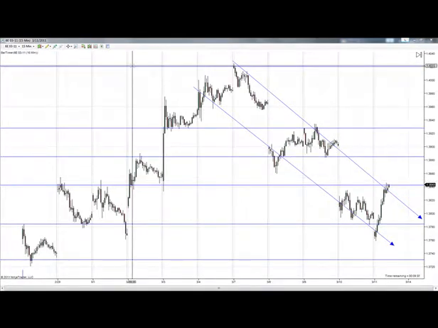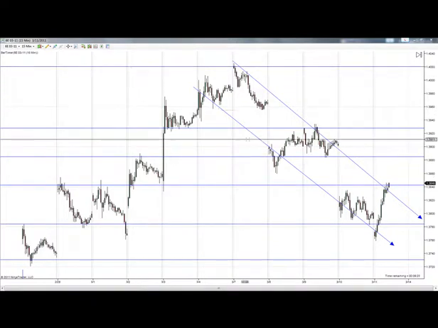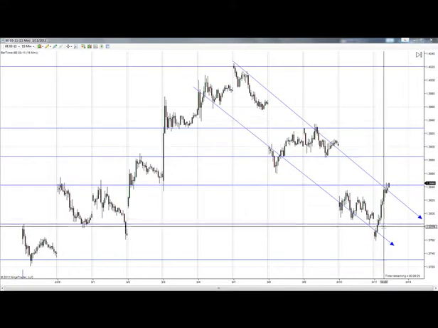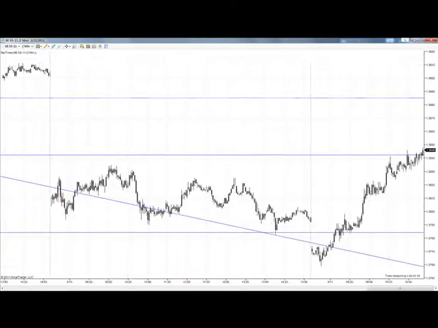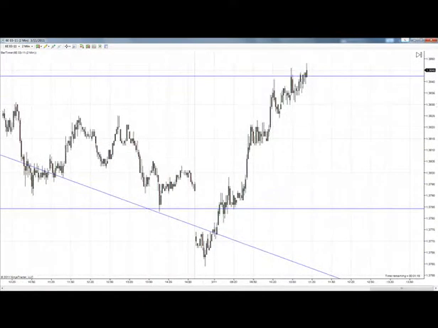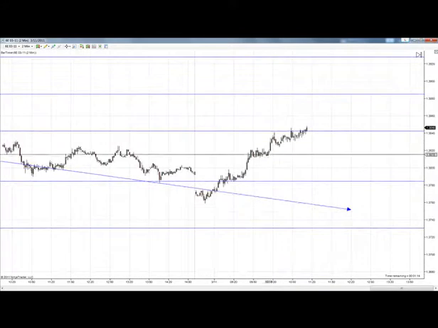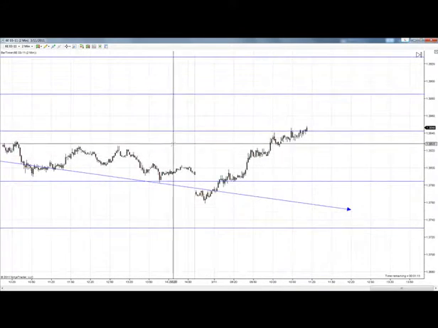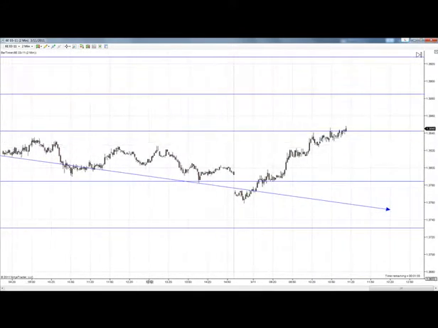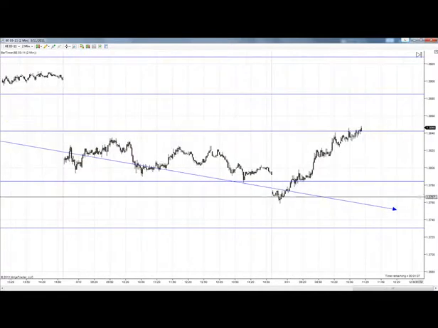I set these based on a 15-minute chart to get the nice highs and lows. Trend lines and support resistances are easy to draw, but you need to know how to draw them. A lot of people think you just pick bottoms and tops, and that's not it. You'll have poor success if that's how you're drawing your support resistances and trend lines. So what we're going to do today is go ahead and talk about some of these points, and let's get